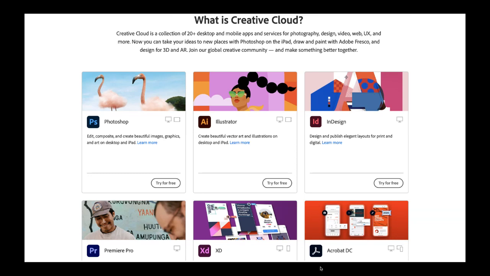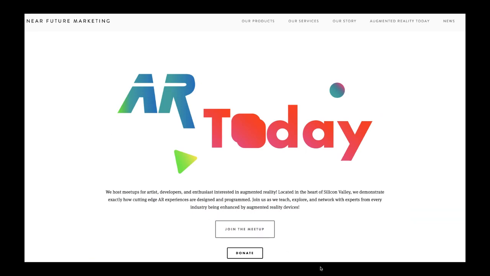It's something I've used in the past, and it really makes things easy to do if you don't have a lot of experience with UI design, especially. And then next, I'm going to walk you through my website. I'm going to walk you through the back end of some of these platforms so that you can see how I personally have to upload and manage these things. And then I'll show you some really cool examples.